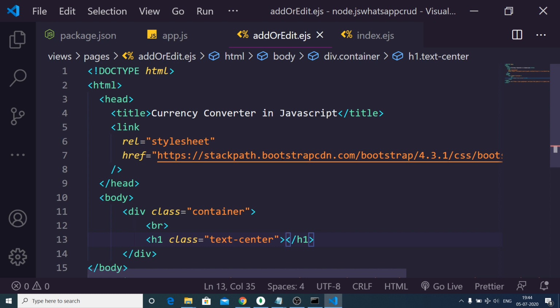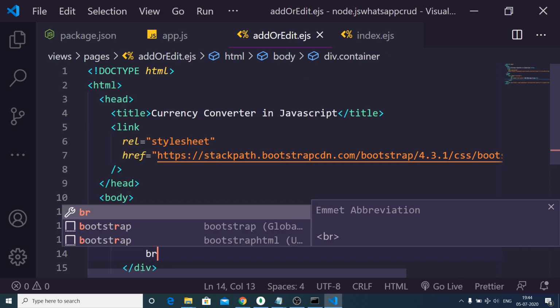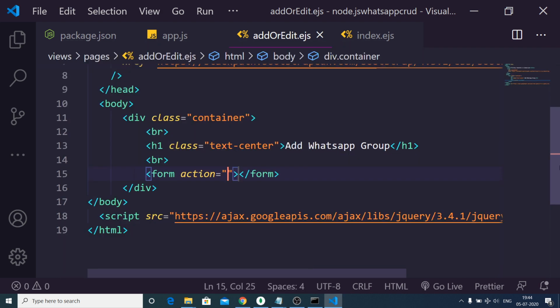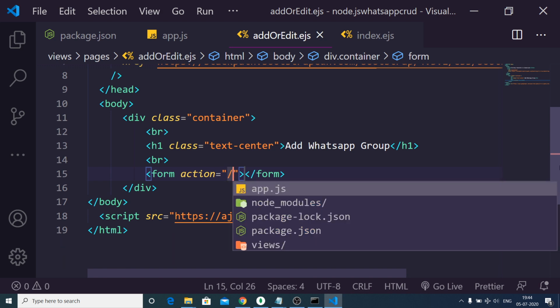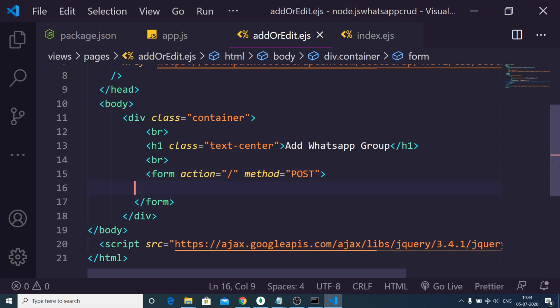So basically this will be add WhatsApp group. After this also we will have a break tag, and then we will have a simple form guys. Form action will go to the home route, and this time the method will be post. So we will make a post request whenever we want to submit this form.